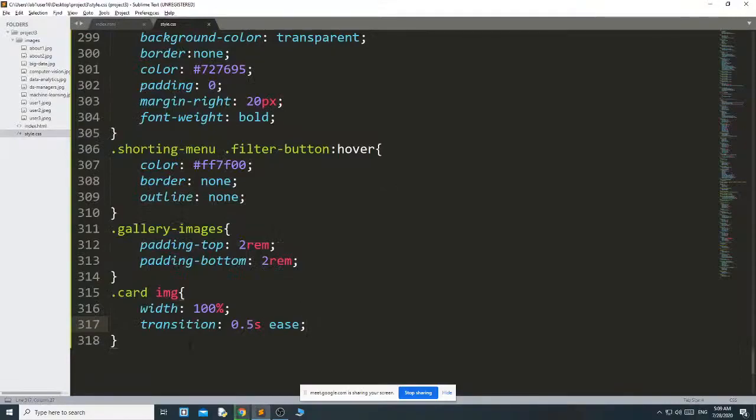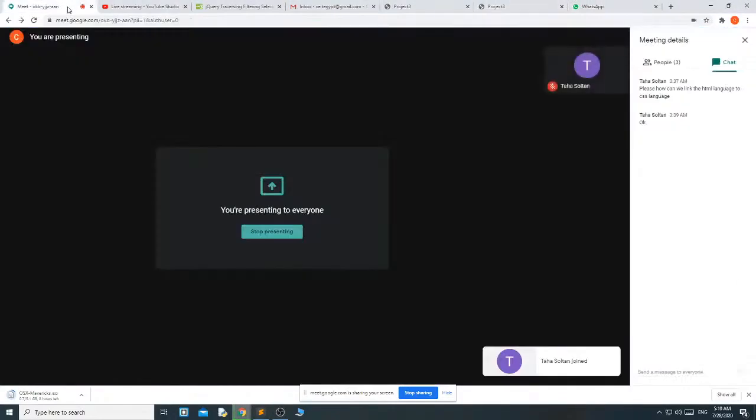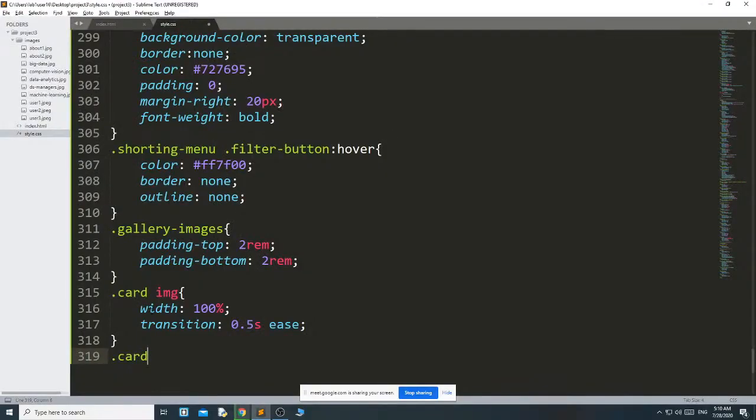Then when I mouse hover on the image, what I can write is dot card image hover.